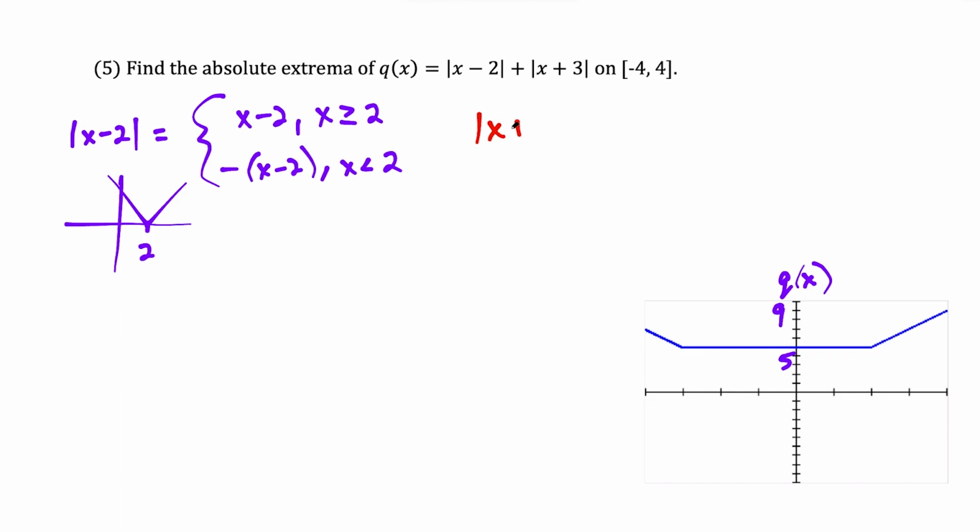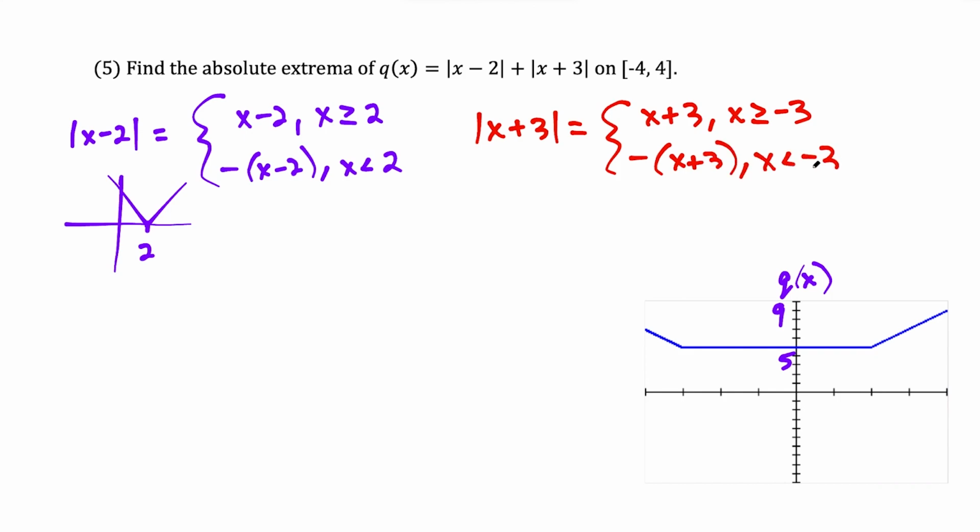And then if we do this for absolute value x plus 3, we could see the piecewise function for absolute value x plus 3 is equal to, and on top here we'll have x plus 3 when x is greater than or equal to -3, and we'll have minus in parentheses x plus 3 when x is less than -3. And if I were to sketch this graph here, we would have the absolute value function shifted to the left 3 units. So we would have the vertex over here at -3, 0. So this is what the other part of the graph here would look like